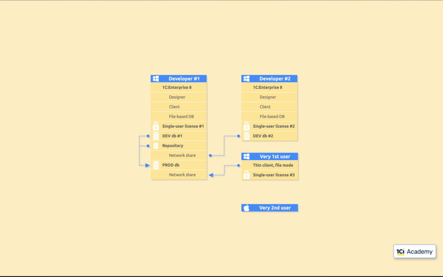This one uses a MacBook and works remotely over a regular internet connection. So the only feasible way for him to work with the production database is to use an HTTP connection. It can be done with a native 1C client for macOS, or just a web browser. From the infobase side, it requires three things: a web server, the 1C web server extension, and the infobase publication